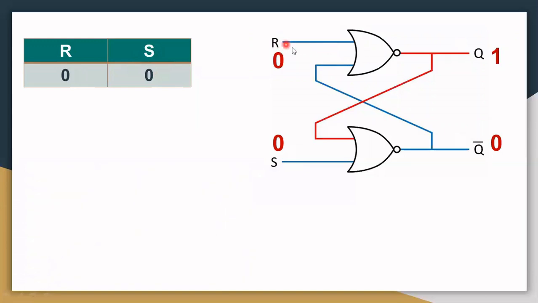When I am giving R is equal to 0 and S is equal to 0, by keeping Q is equal to 1 and Q dash is equal to 0: 0 and 0 give 0 here from the NOR gate. So Q is equal to 1. Q fed to the second NOR gate, 1 and 0 gives 1 here, inverted to 0. So when I am giving R is equal to 0 and S is equal to 0, we get the same